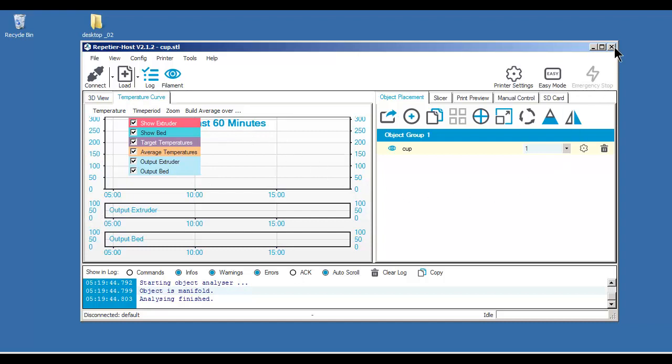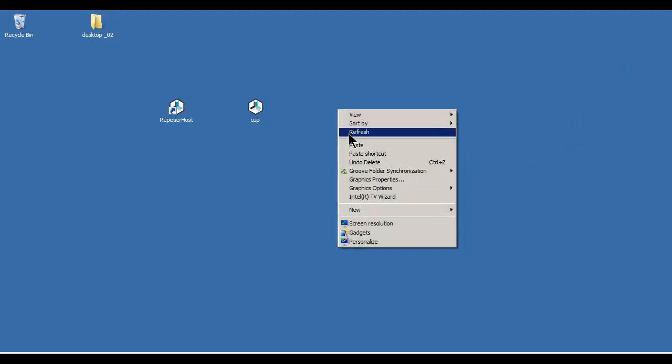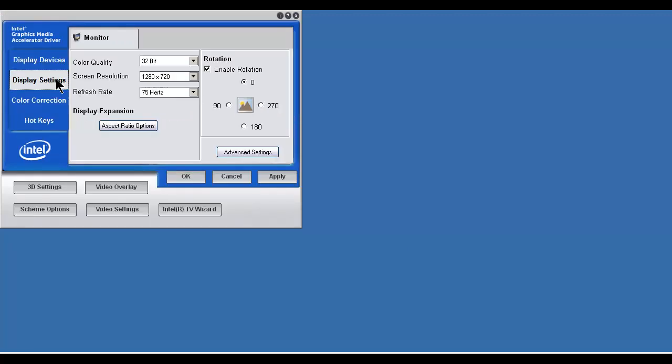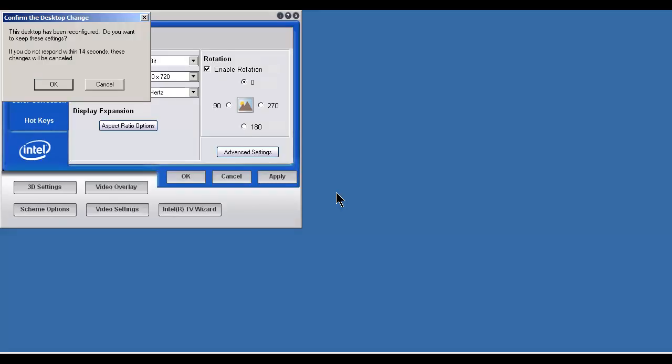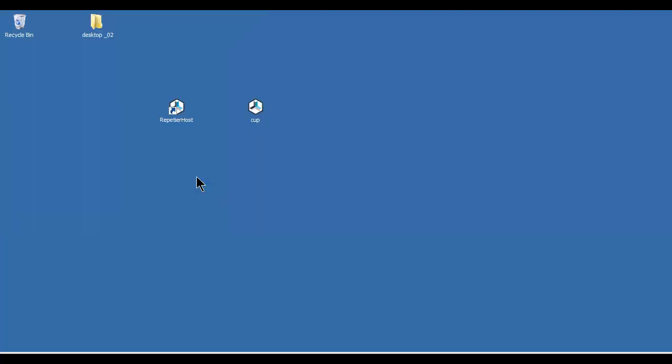So for the solution, what I have done here is I have changed from graphic properties to display settings. Now the color quality I have changed from 32-bit to 16-bit. As you can see here, I've changed from 32-bit to 16-bit. Okay, press OK here, and now my color quality is 16-bit, but I'm okay with it because after that